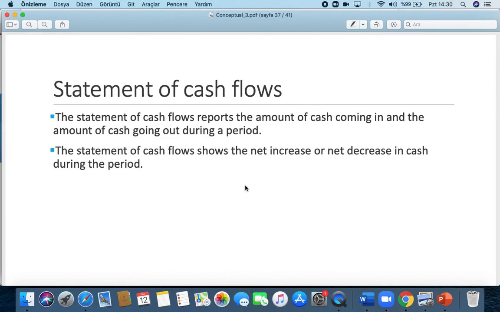Just cash flows. So what are the cash flows obtained from operating activities? What are the cash flows obtained from financing activities? And what are the cash flows obtained from investment activities? So under these three substantial headings, we are going to analyze the cash flows of the company. And we are going to differentiate the activities in a given economic transaction. So which one is the operating, which one is the investing, and you're going to construct the cash flow statement at the end of the day. It's a very hard, but very, very joyful statement, okay?